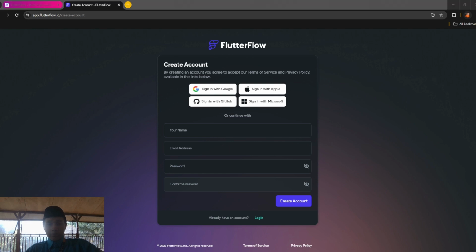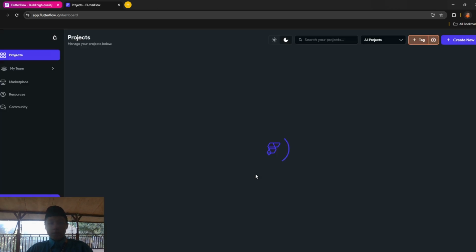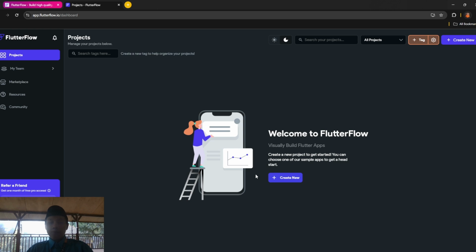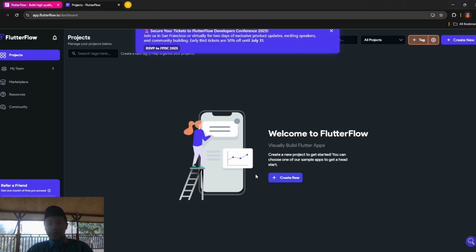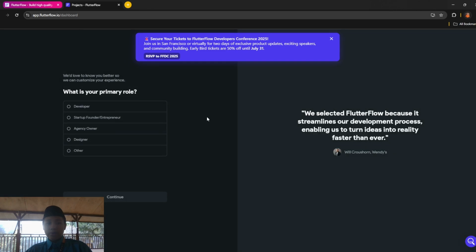Okay, after that, it's going to be redirected to another website. So this is the home screen of Flutterflow, and after this you can just explore first.